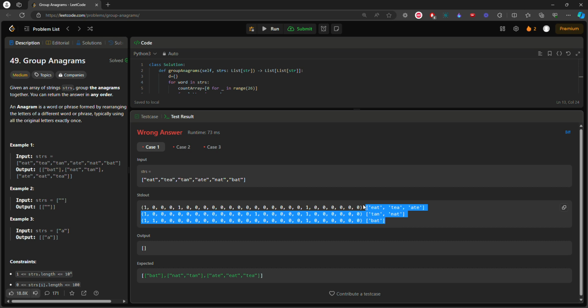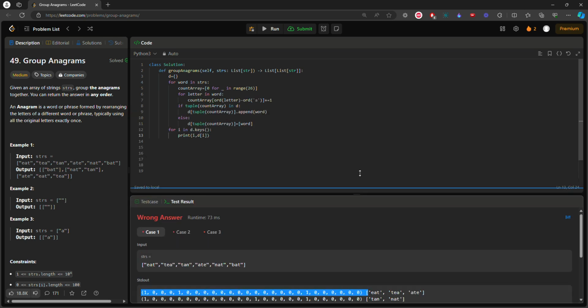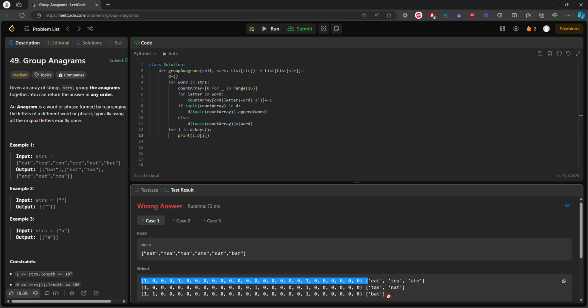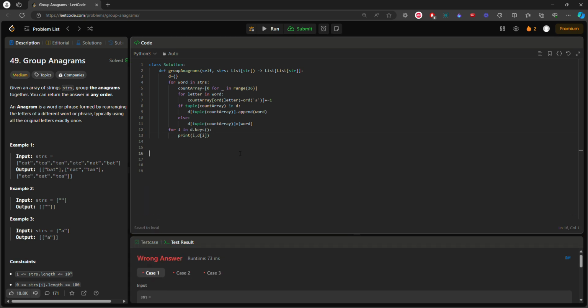And I hope you understood why this works and how this works, because I explained it once, and you can rewind it if you did not understand. And now you can directly return the list of values, because the key is the tuple and the value is the list of words. So you can have an answer array, and then for i in d dot keys, I hope you know what extend does. Get the position i, and then